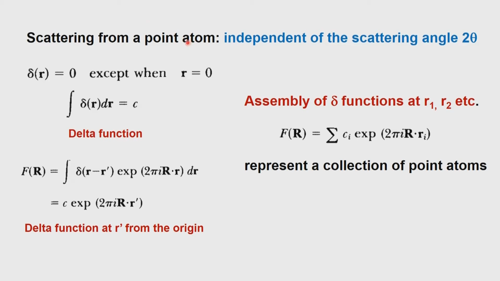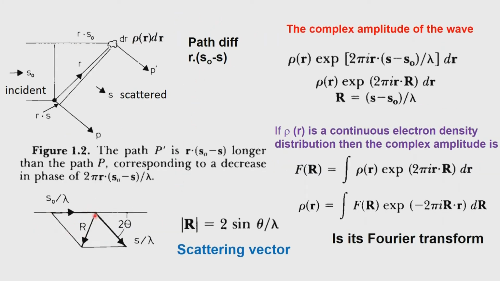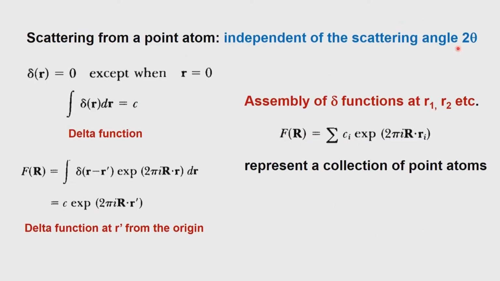Then any scattering that will occur, if we go back here, will become independent of 2 theta, because this is now a simple point. If you have a certain volume associated with this particular point, like the small elemental volume we mentioned, then we will have the scattering angle changing. Otherwise, if it is a point atom, you will just see the point atom and the scattering will go. So, it is independent of theta. This is a very serious approximation, but it will allow us to imagine a situation where we can calculate the total information we can get from this.